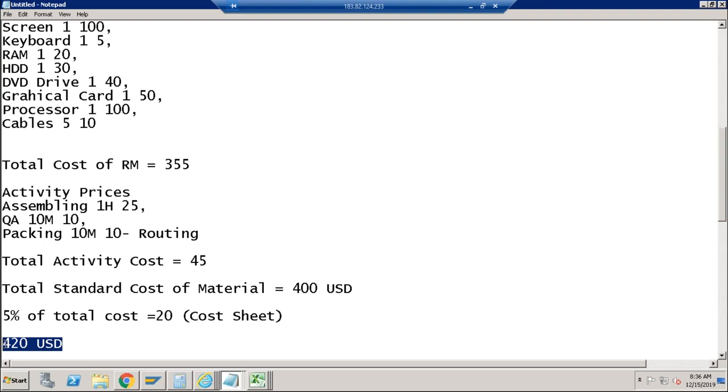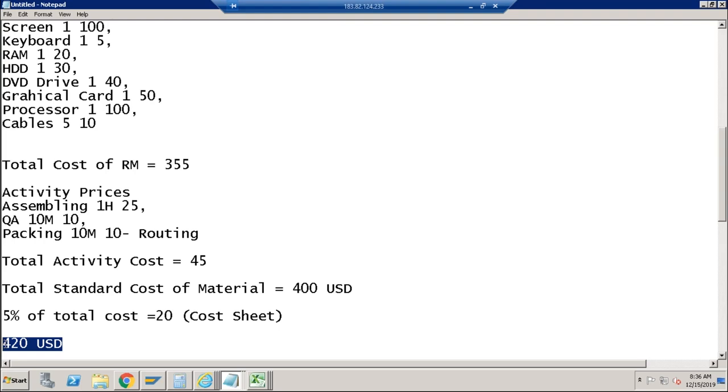Vikram, I have a question. Yes. So this $400, which we say is a standard cost, do we consider the administrative expenses and the sales expenses when